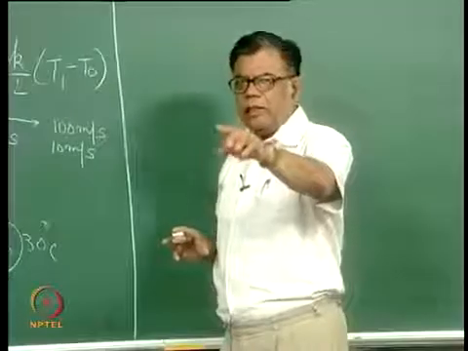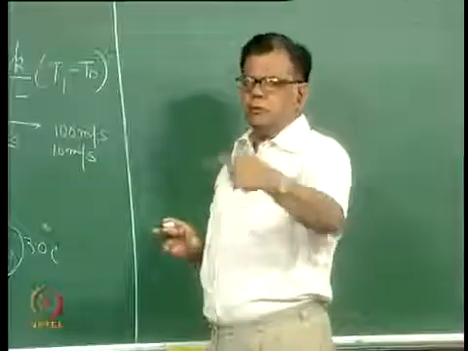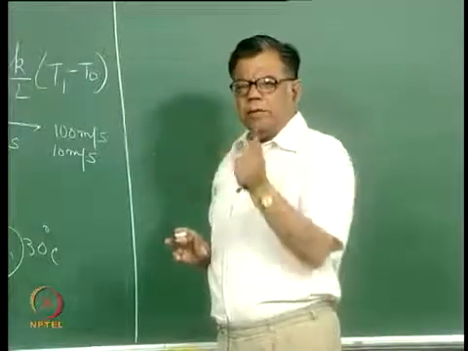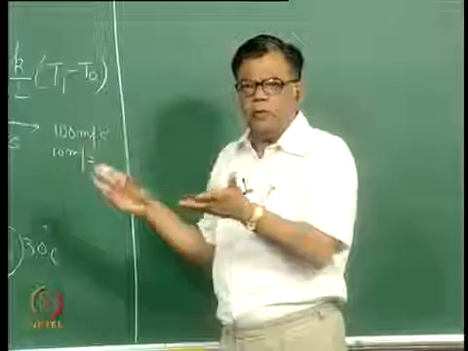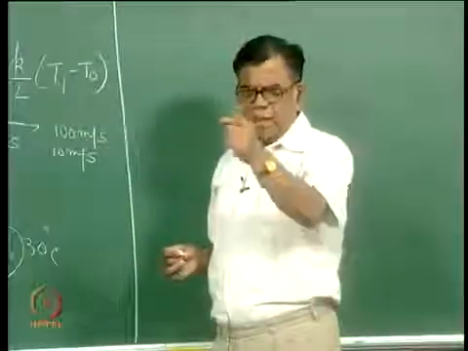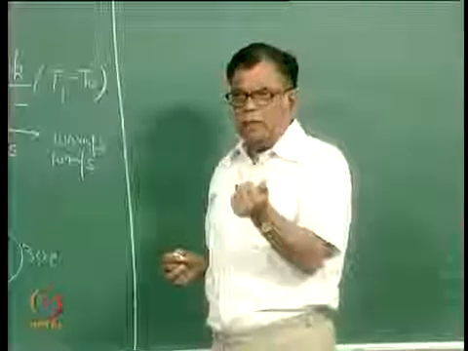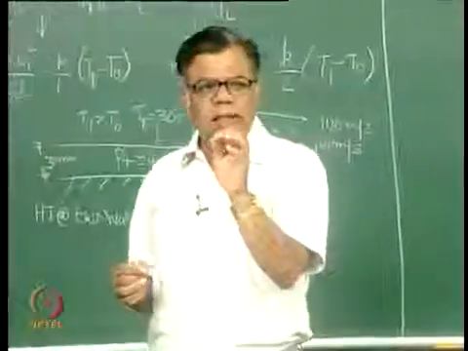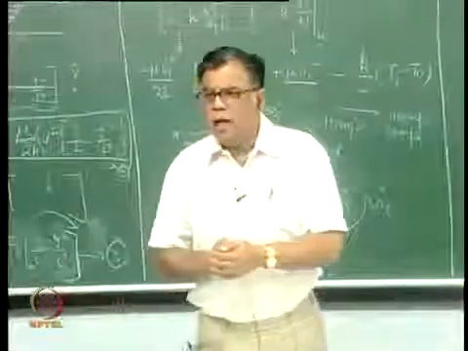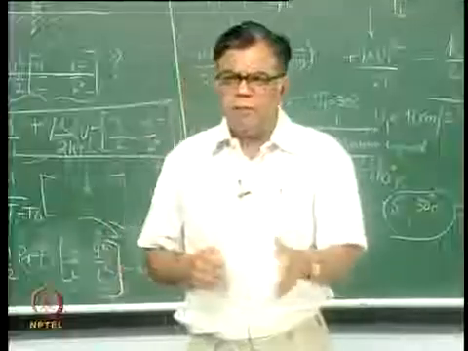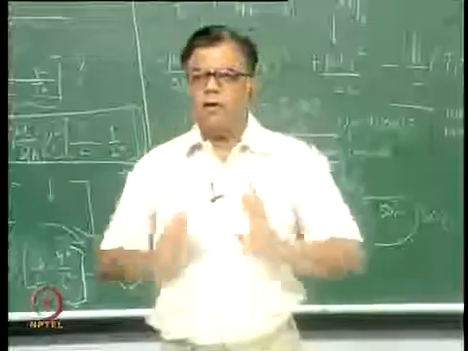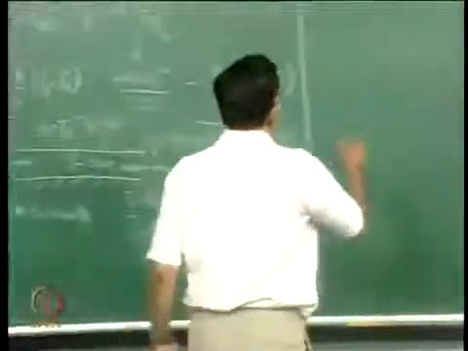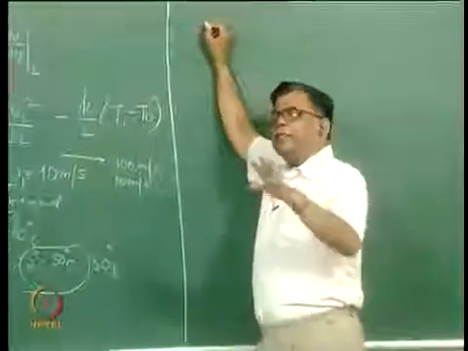The answer is actually my reason for asking you to do this. How do you find out whether there is a maximum or a minimum? What do you do to the equation? Differentiate. So dT by dy should be what? Find out if there is a dT by dy equal to 0 at what condition. How do you find out whether it is a maximum or a minimum? Do that. See if there is a maximum, and if it is there,